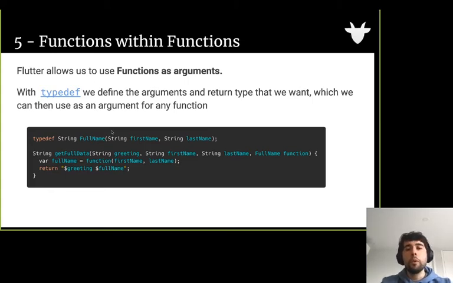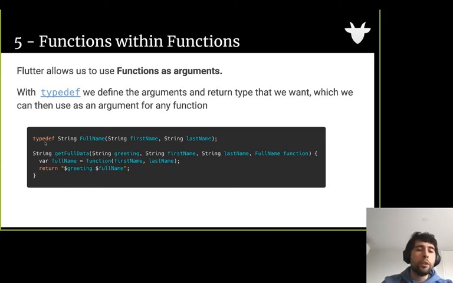Now, functions within functions. Sometimes we not only want to pass a boolean, an integer, or even a class to a function, we could also use a function inside a function. Why do we need this? Imagine that I'm creating a function to greet someone. In some countries, we use the convention of first name and last name, Gonçalo Palma, but in others we could use the opposite and start with the last name, Palma Gonçalo. So we can do that.